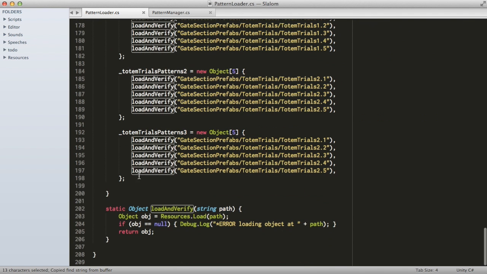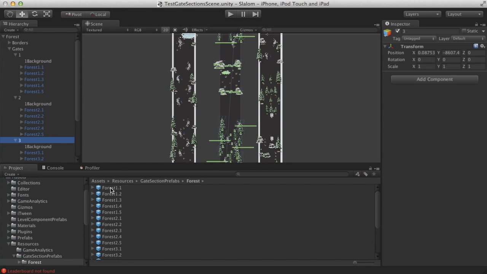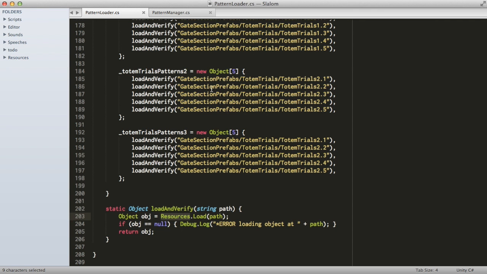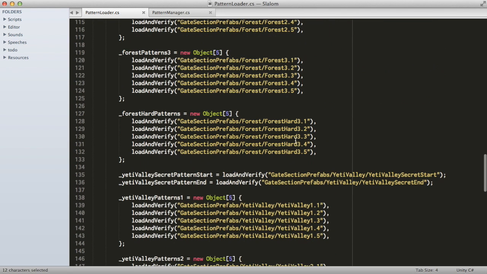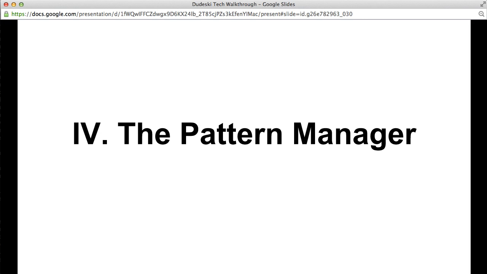And we're just using a little convenience method called load and verify, which is loading the prefab from the path inside the resources folder. And so what that means is over here, we can see that the path to these prefabs is assets, resources, gate section prefabs, forest, and then here they all are. That is then mimicked here, and since it's resources.load, it's just gate section prefabs, whatever the section name is, and then the prefab name. So as I mentioned, the third core piece is the pattern manager, and that will be